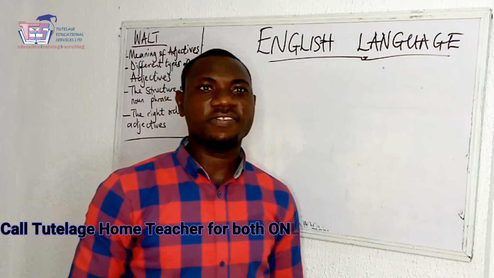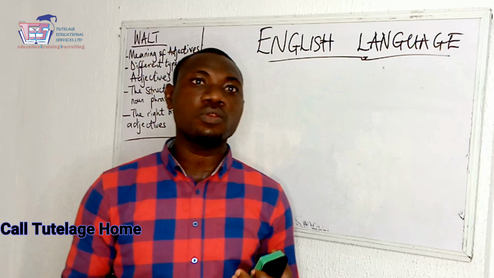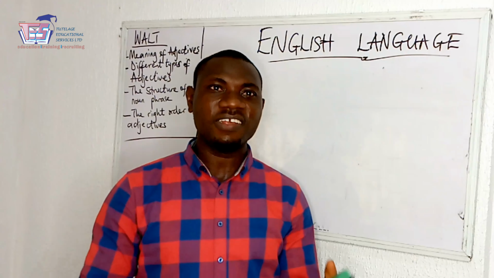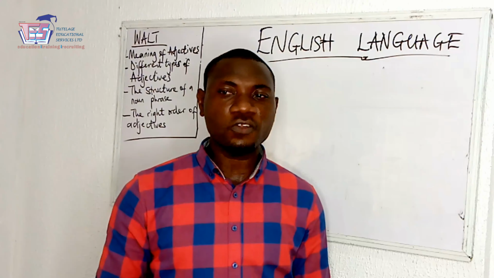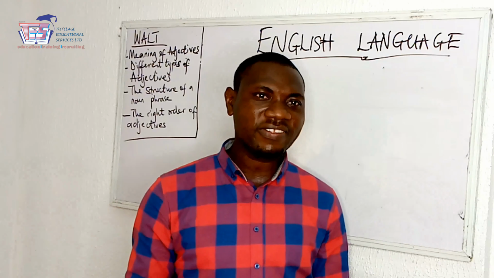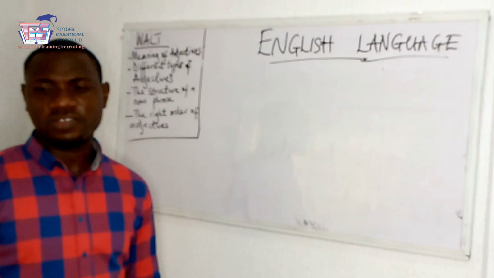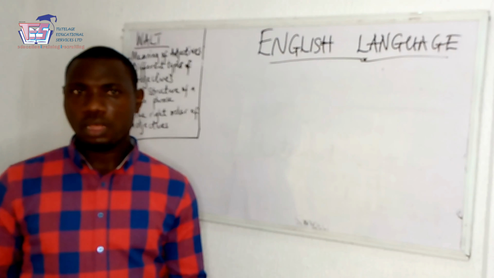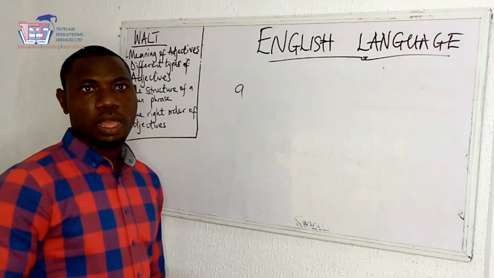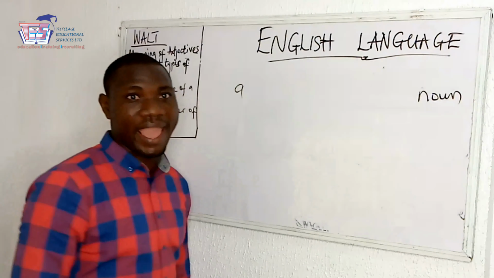Why are we doing this? At all levels of education and in different examinations, both local and international exams, we have this concept, this skill being tested. So we need to learn how to arrange our adjectives in a very simple way. When you have your adjectives in multiple, first and foremost, take away the determiner, article or what have you. Be sure that your noun is at the far end.